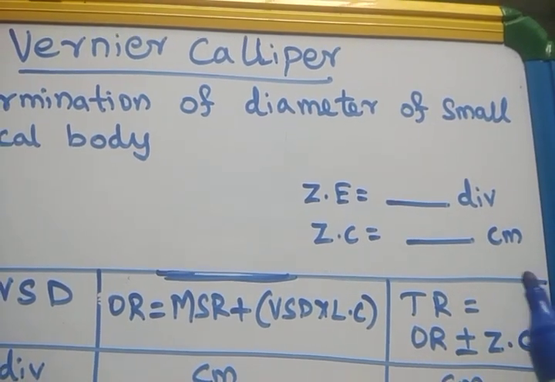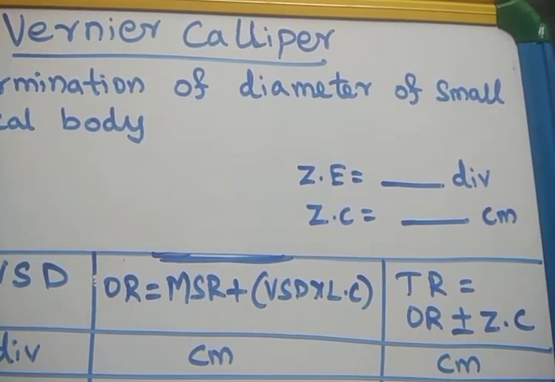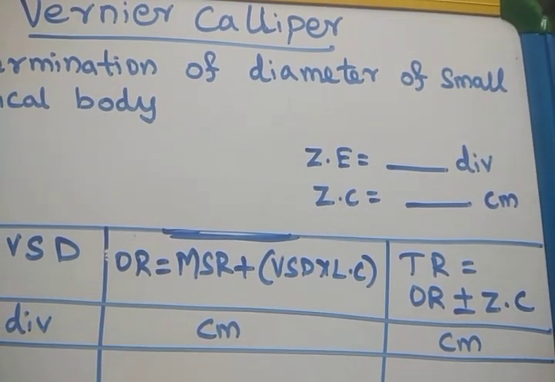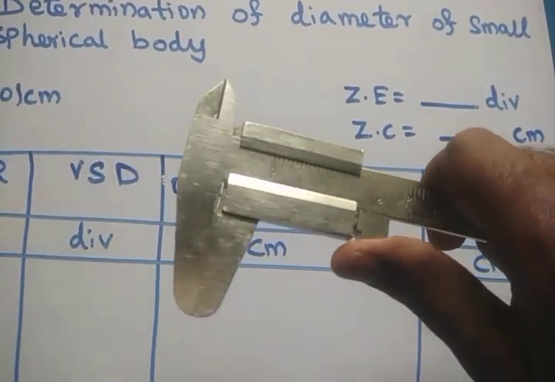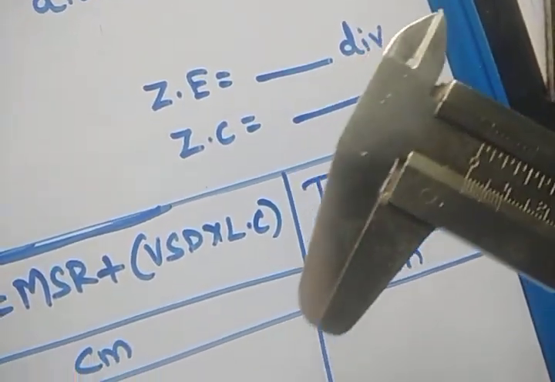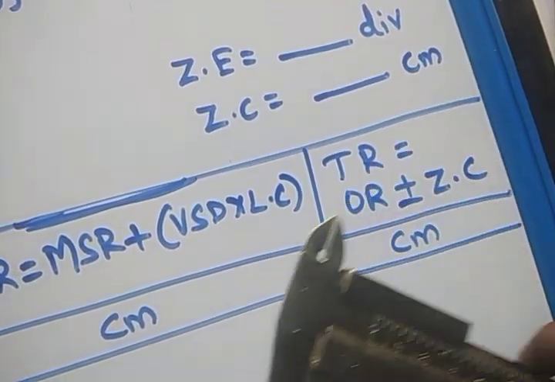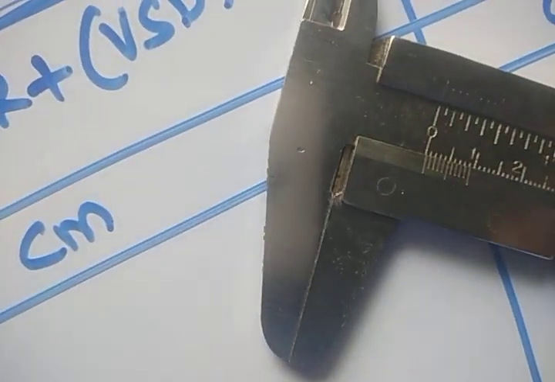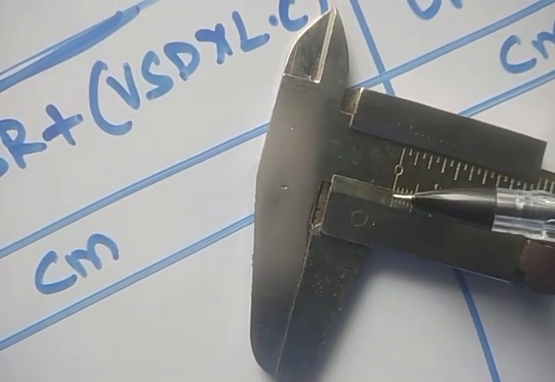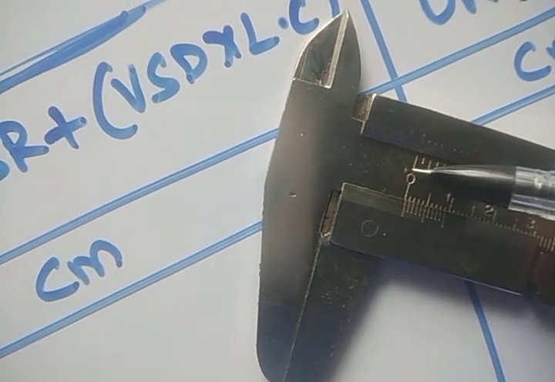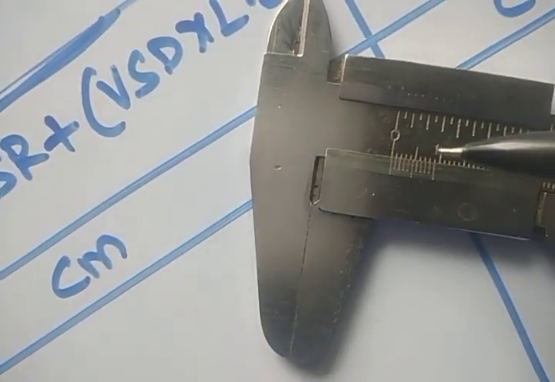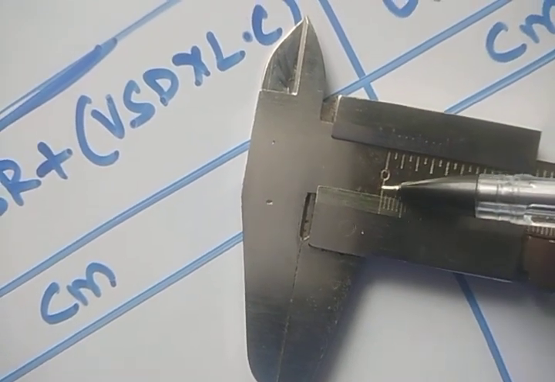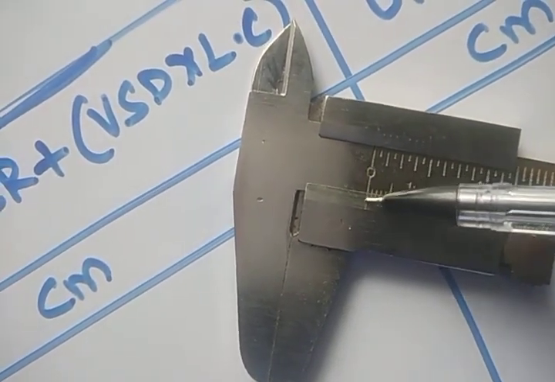Now we are going to calculate for the given vernier caliper. In your laboratory, the teacher will provide the vernier caliper to you. Once you receive it, take the vernier caliper and join the two jaws together. Now you note down whether the vernier scale first division and the main scale first division coincide. They exactly coincide with each other.